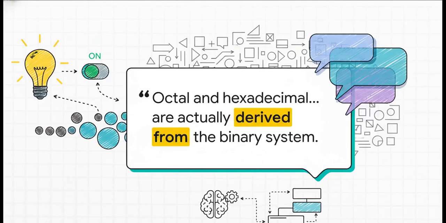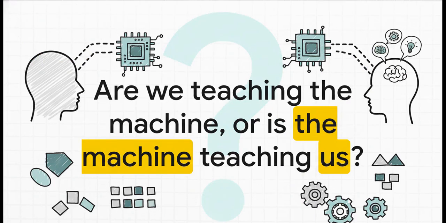And this really gets to the single most important takeaway here. The computer has no idea what hexadecimal is. It doesn't care. It only knows on and off, 0 and 1. Hexadecimal and octal are tools built entirely for us. They're a translation layer, a human-friendly interface to make the computer's world a whole lot less intimidating. Which leaves us with a pretty interesting final thought to chew on. We created these systems to make sense of the machine, but in the process, we've had to learn to think in a much more structured, logical way, a lot like a computer does. So the question is, are we teaching the machine